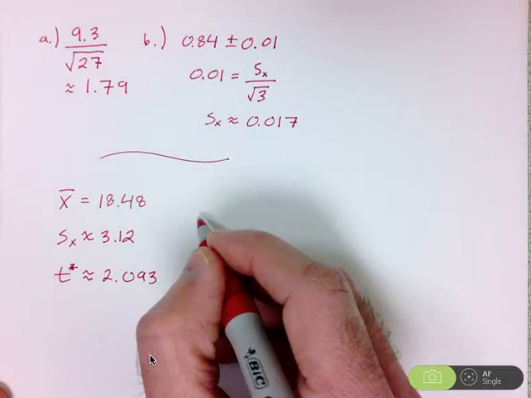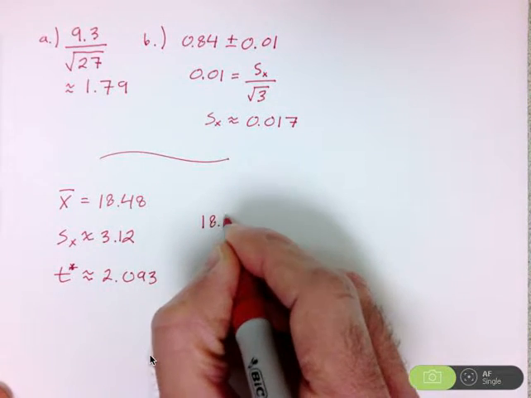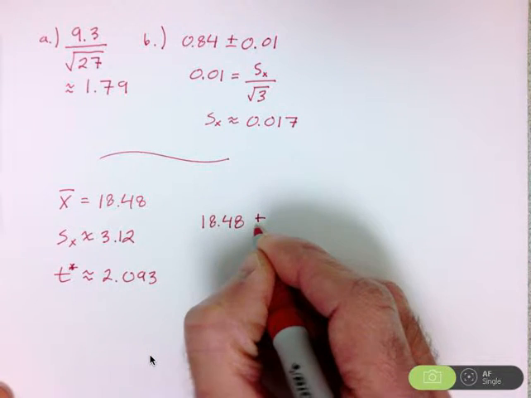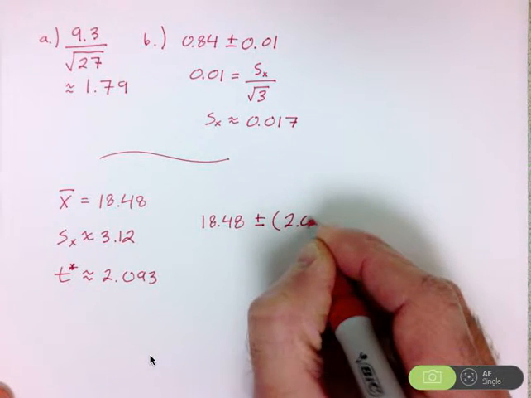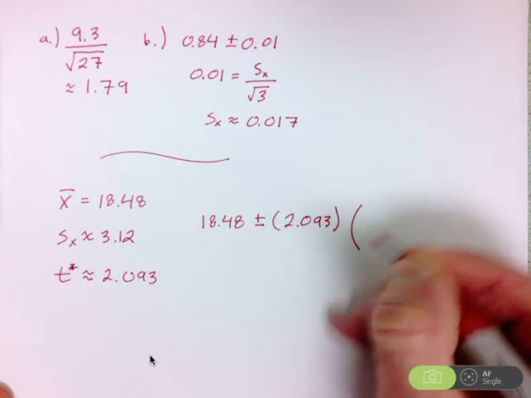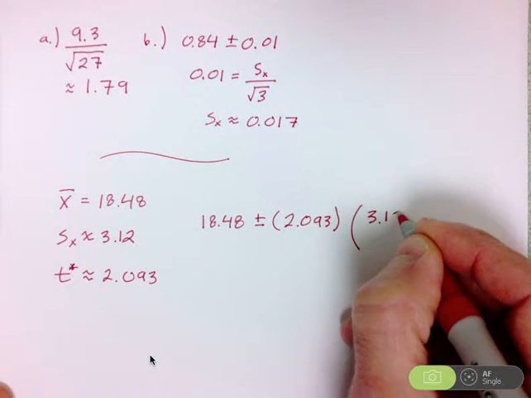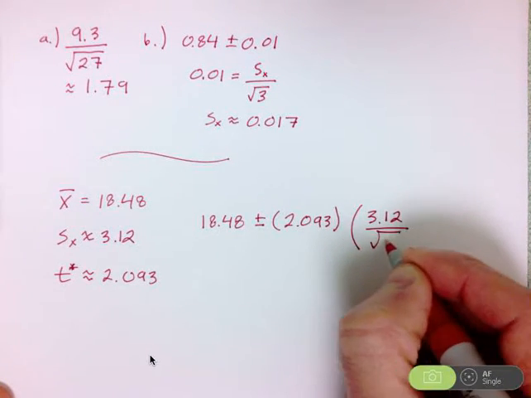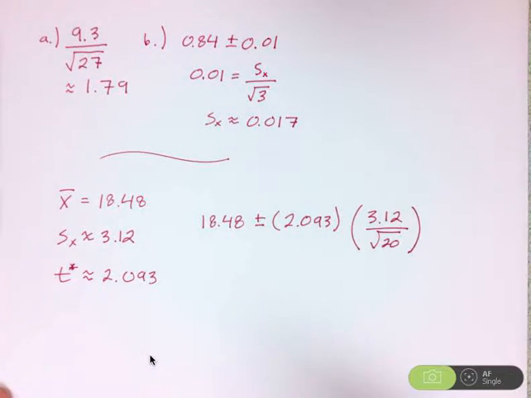So to build the confidence interval, I've got my sample mean plus or minus my critical value times the sample standard deviation divided by the square root of the complete sample size. So all I need to do is dump that into my calculator. That is really important right there. You want to show your work that way. The way that I've set it up there, it's important that you're able to set that up and interpret exactly